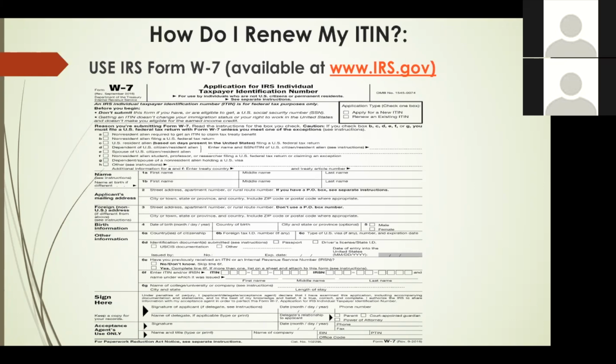She was a victim of domestic violence, and she was receiving housing and some training from a nonprofit that was trying to help her get back on her feet, on a path to healing. The nonprofit was pushing her to get an ITIN, and they said, we cannot provide you with any more support unless you have a taxpayer identification number. Well, she clearly could not get a social security number at this point,